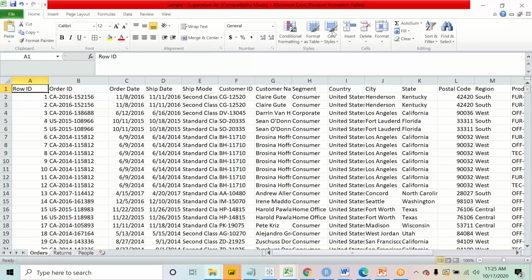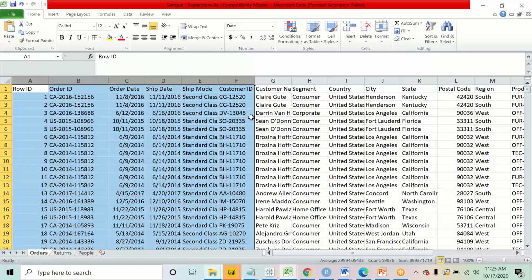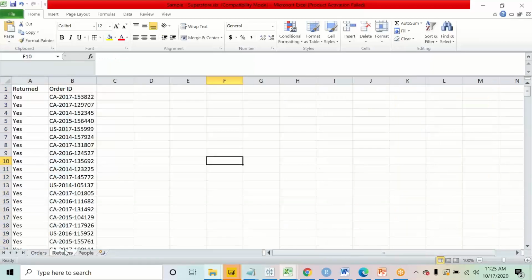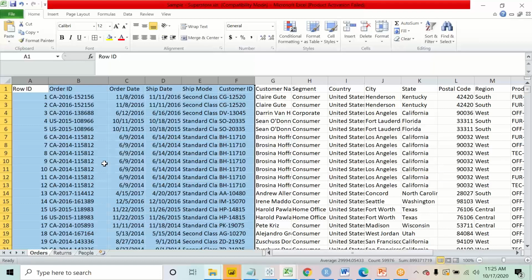Okay. Now this is a big set of data, right? Now, you all have understood the joins, right? But no one asked me a question like, what is the practical usage of this? The people who are new, where will I use it and how will I use it? What will be the use case of these joins that we are doing? Okay. So now I have this Excel file. In this Excel file, I have 2 sheets. One is orders and one is returns.